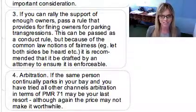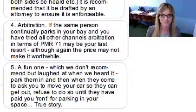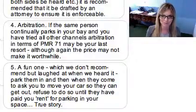Number 4. Arbitration. If the same person continually parks in your bay and you have tried all the other channels, arbitration in terms of Prescribed Management Rule 71 may be your last resort, although once again, the price may not make it worthwhile. And number 5, a fun one, which we definitely don't recommend, but we laughed at when we